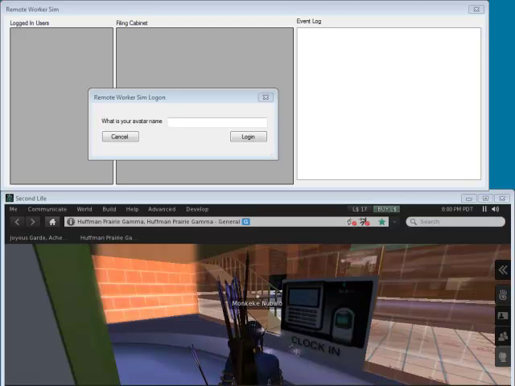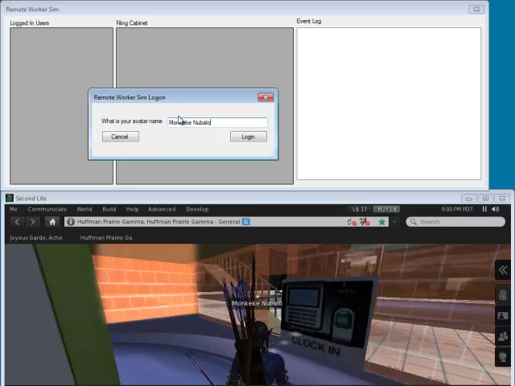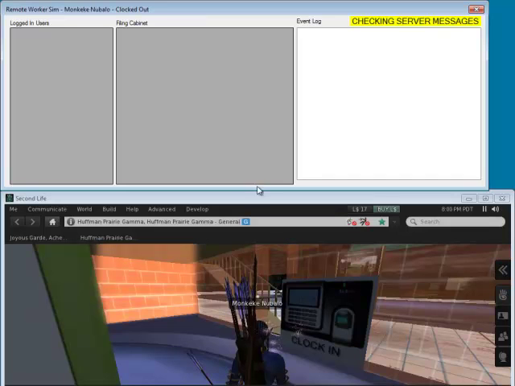When the Remote Worker Sim starts up, it prompts you for a logon. I'm going to enter my avatar's name and press the login button. Now, as you can see, my name is listed in the logged in users, and we can see this yellow message that it's polling the server once every second to get any notifications that are coming across